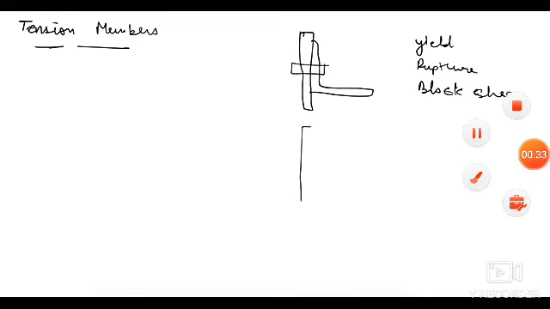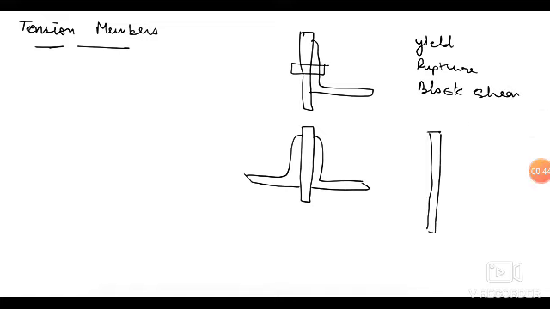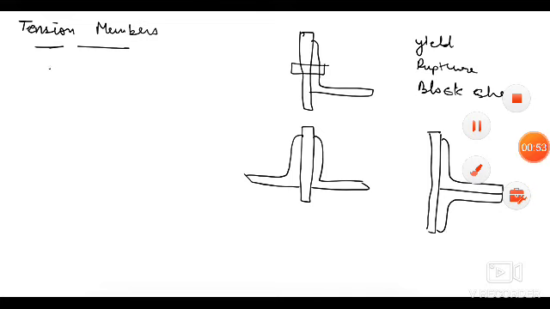So let's say instead of one angle section, we connected two angle sections on opposite faces, or on the opposite side of the gusset plate, or on the same side of the gusset plate. So two angles on the same face. What will be the design strength in this case?